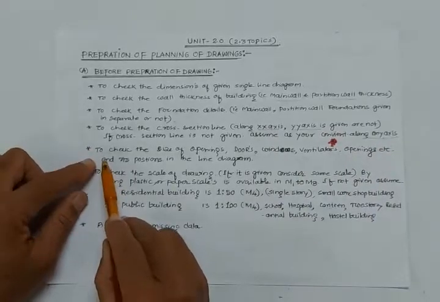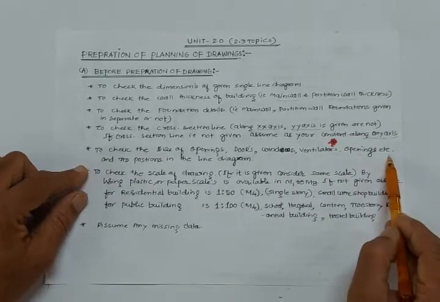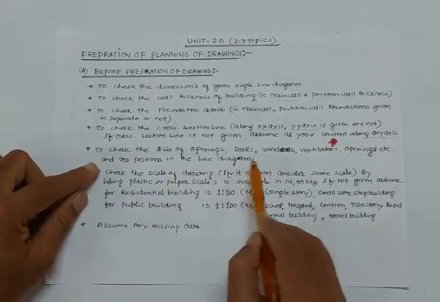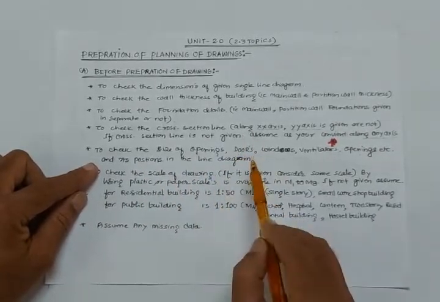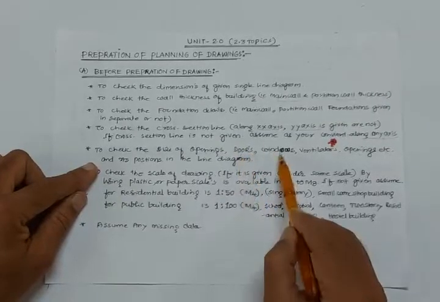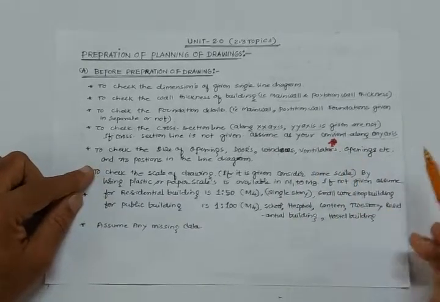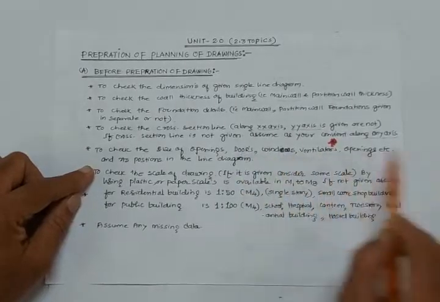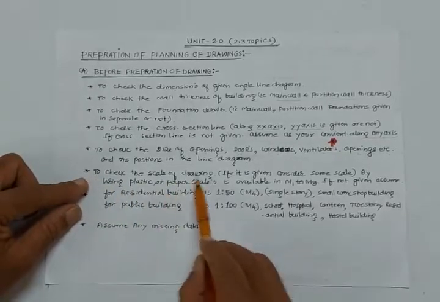And next one is to check the size of the openings, it may be doors, windows, ventilators and so on, which is given, and the position in the line diagram. Suppose any position is not given in the question paper, then you have to take the inner dimensions of the room size. You have to consider the position of the doors, windows and ventilators where the opening is given. Sometimes the data is not available, then you have to assume the standard data of the doors, windows and ventilators.